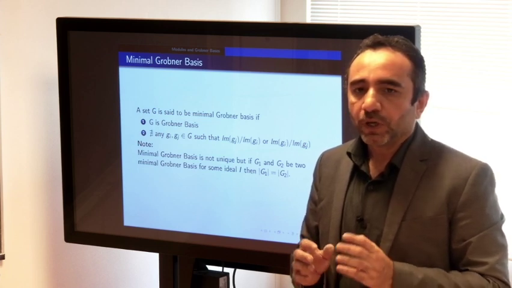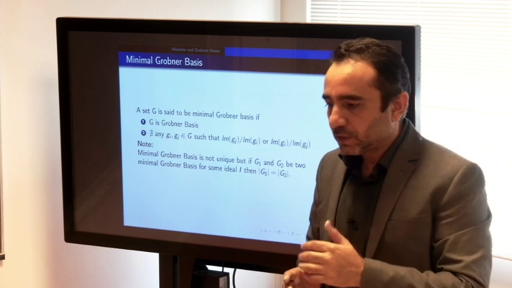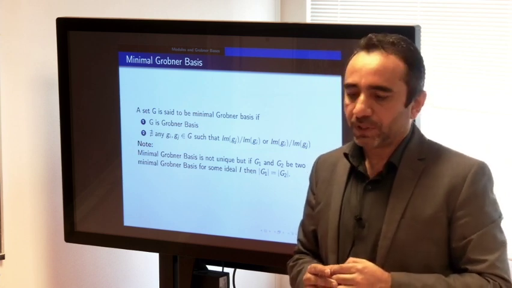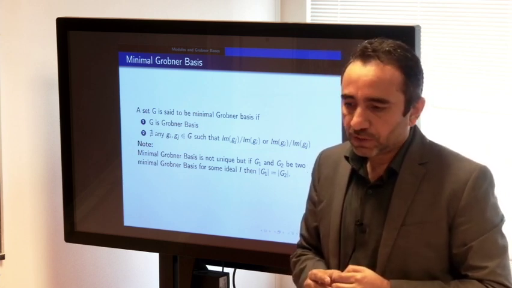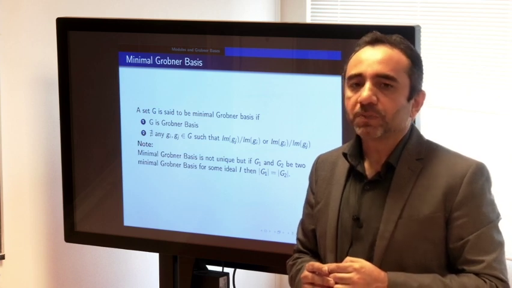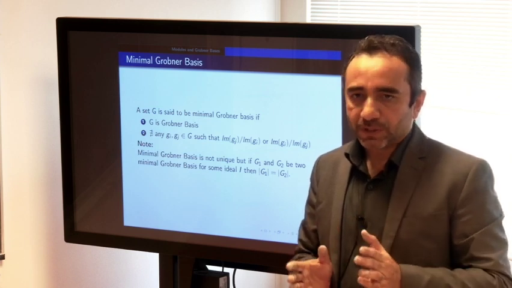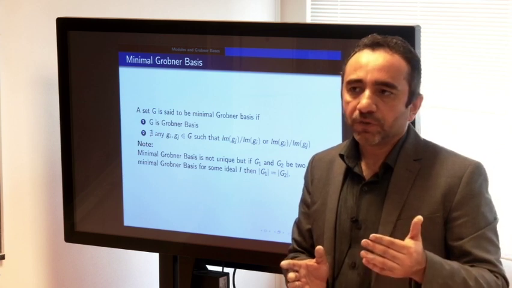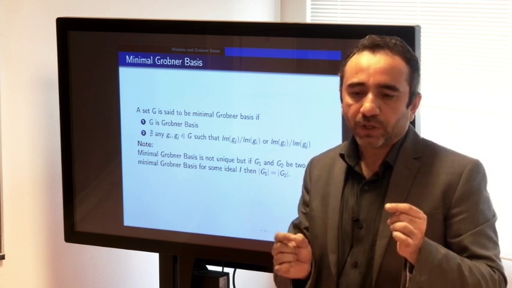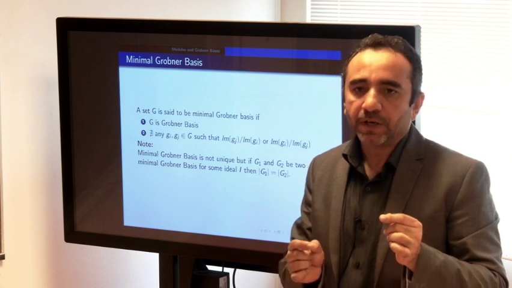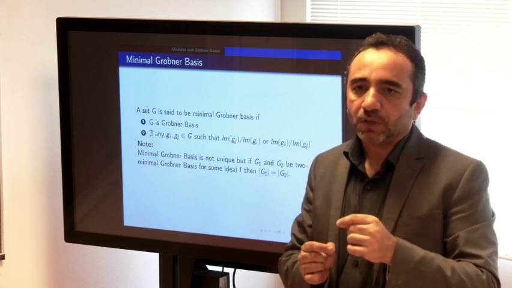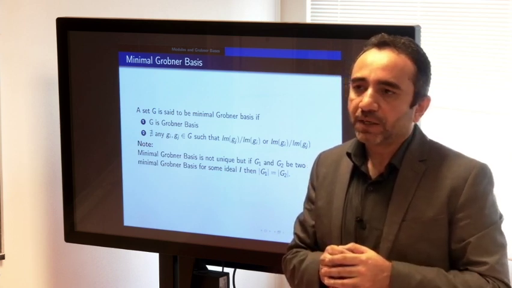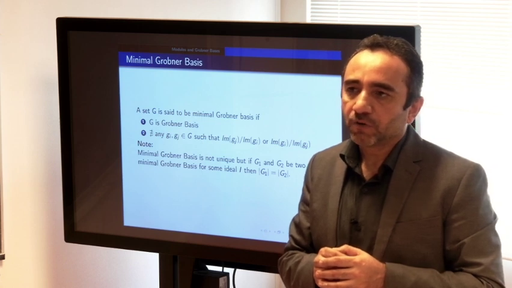Okay, now we are going to define the next thing, which is a minimal Gröbner basis. So what is a minimal Gröbner basis? Minimal Gröbner basis means we have a Gröbner basis, and in that Gröbner basis, no leading monomial of any of its elements divides another. So you see, when we applied the Buchberger algorithm,